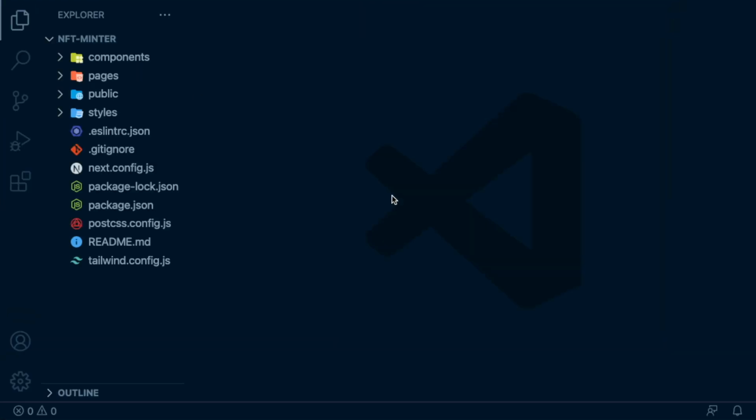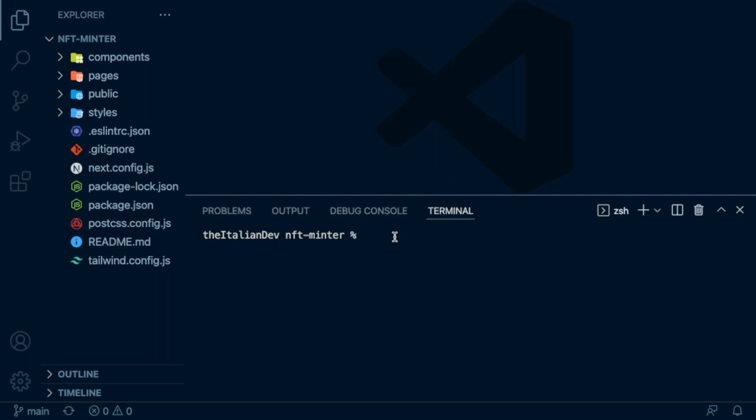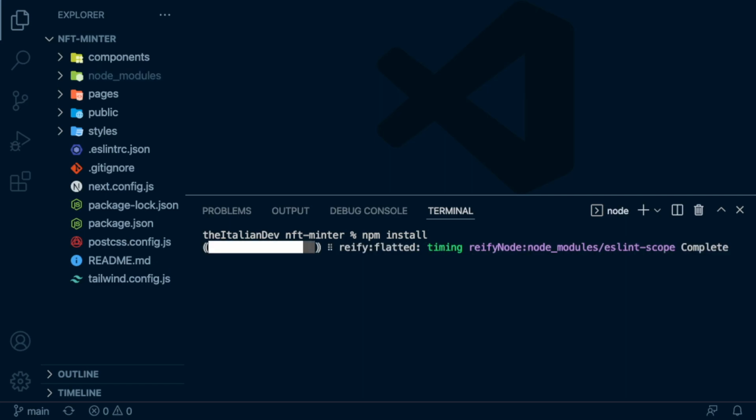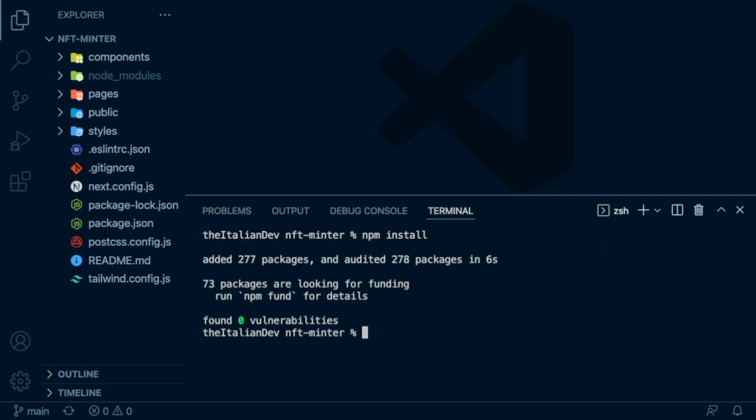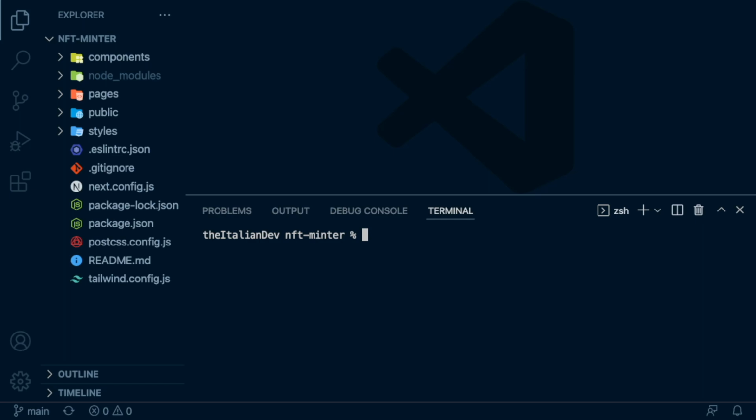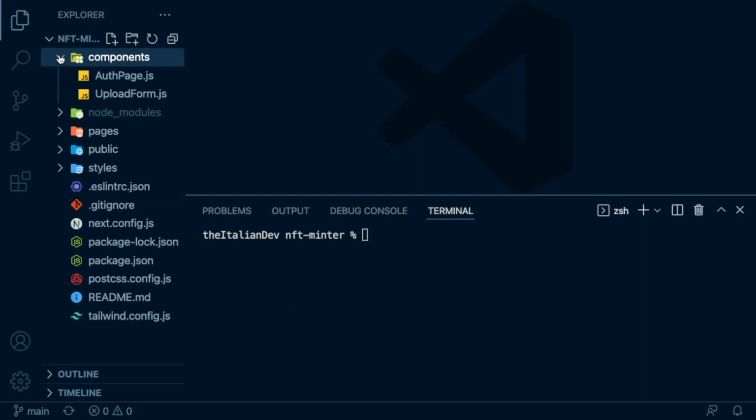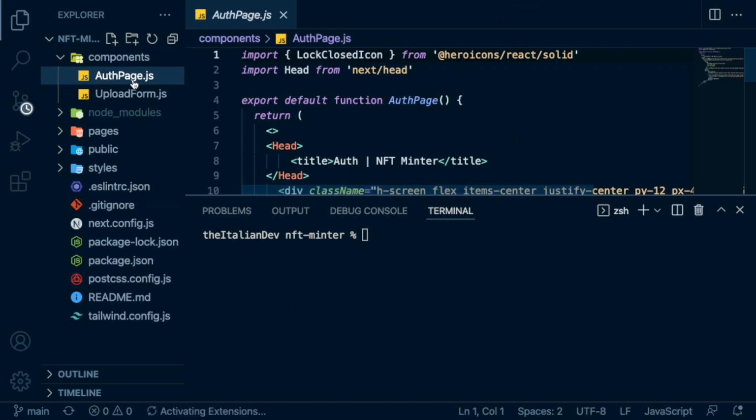The first thing we need to do once we are inside Visual Studio Code is to open the integrated terminal and type the command npm install, so to install all the dependencies needed for this starter template I've created to run correctly. Now, why have I created this, let's say, starter template? This is just a simple Next.js application with Tailwind CSS already configured, and I've created two components. One is the auth